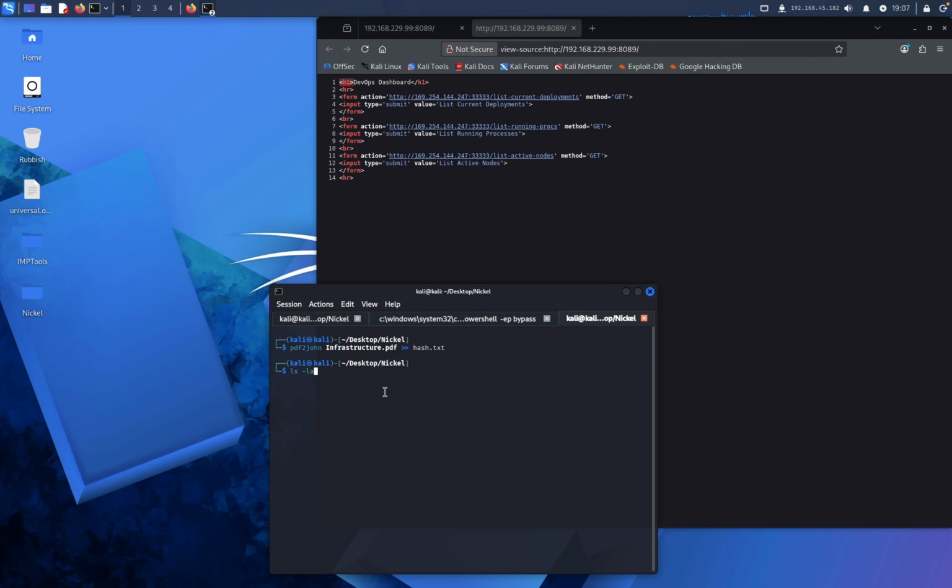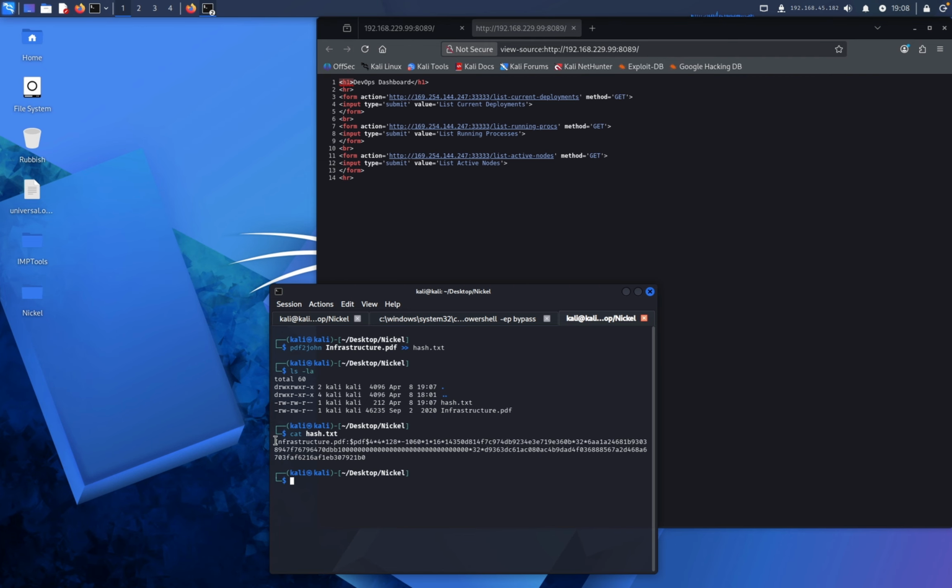Do an ls -la command just to see if it worked, and bang, it worked. So we have our hash of this PDF file right now stored inside this hash.txt. So I'm going to run the cat command just to take a look inside, and there we go. We have our hash. Now, in order to decrypt this hash, I'm going to be using a tool called John